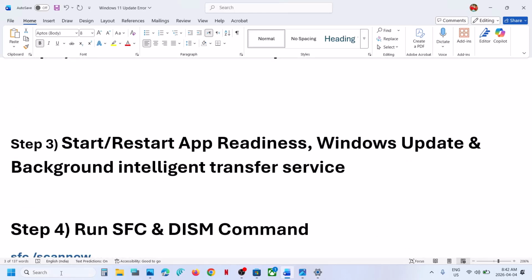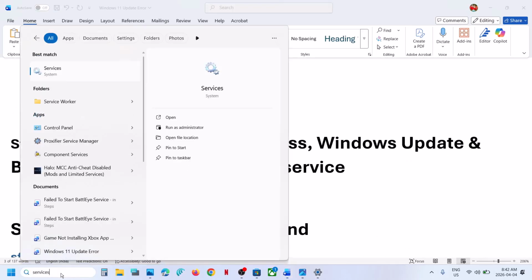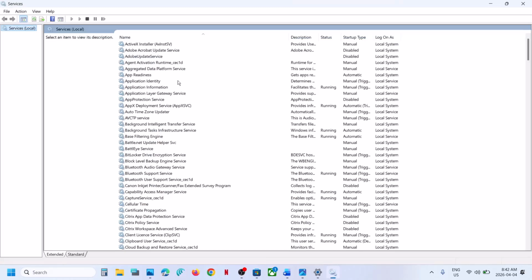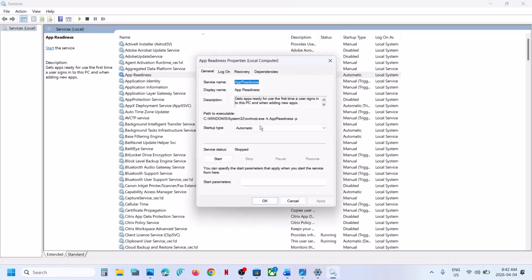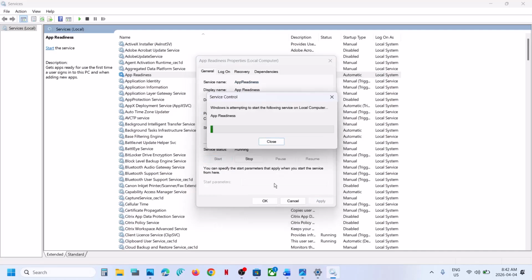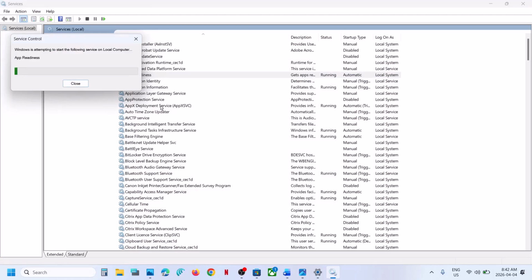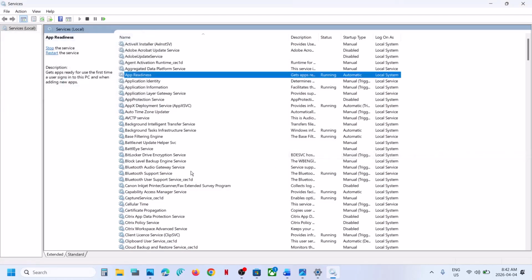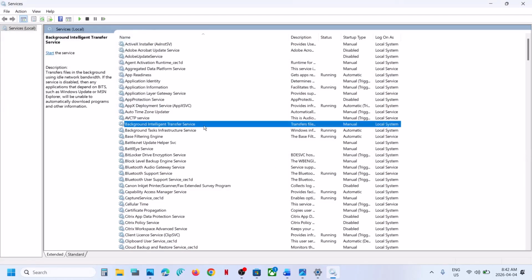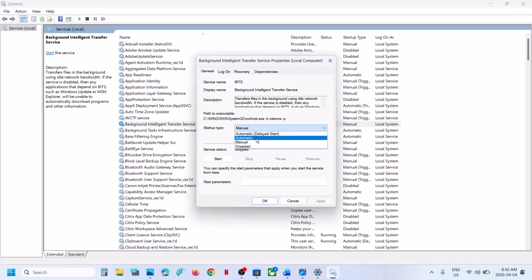start these services. Now for this, type in services in Windows search box, click on services, find app readiness, make a double click, set this to automatic, click on apply, click on start if highlighted, click on OK, make a right click on app readiness, click on restart. Now find background intelligent transfer service, make a double click, set this to automatic, click on apply, click on start if highlighted,